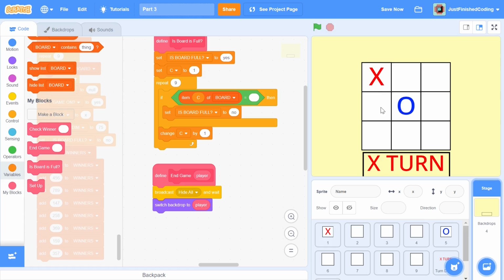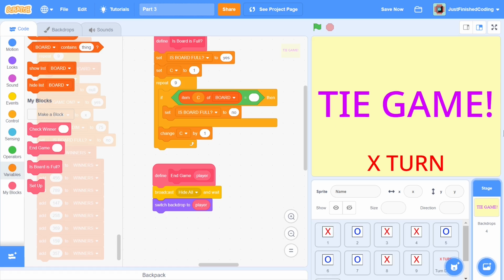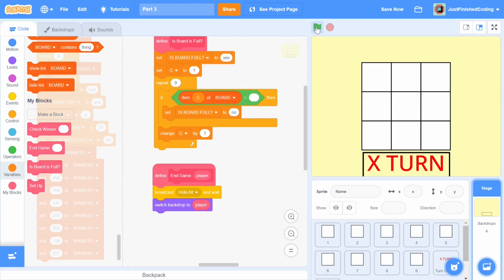Now it's going to be a very, very similar result in case we tie the game. You can see this the same way, and O wins. I'm not even going to do that, I'm sure it will work out. So once you have all this in place, you have the main game ready, and what you can do now